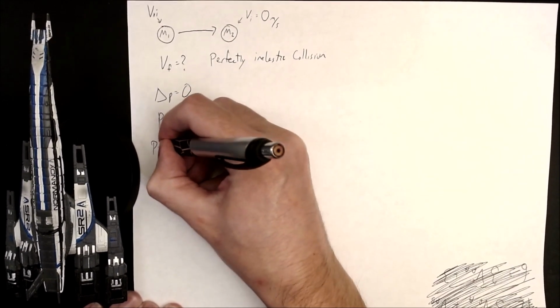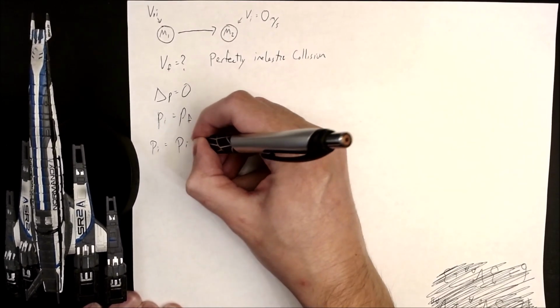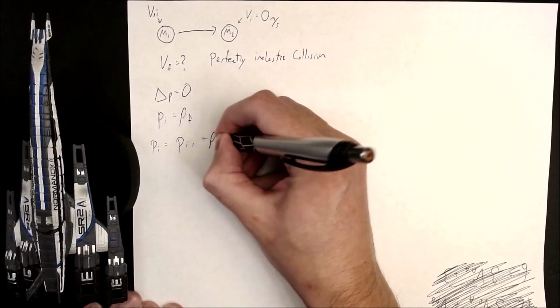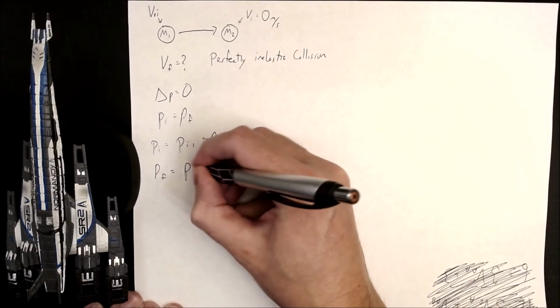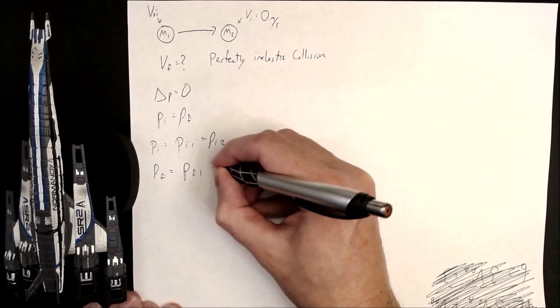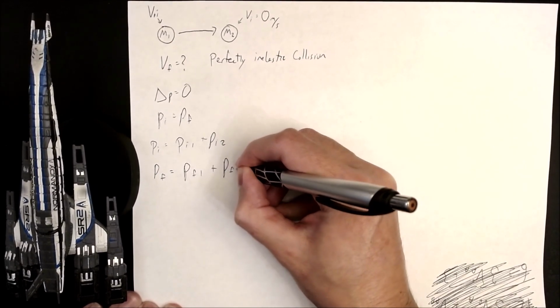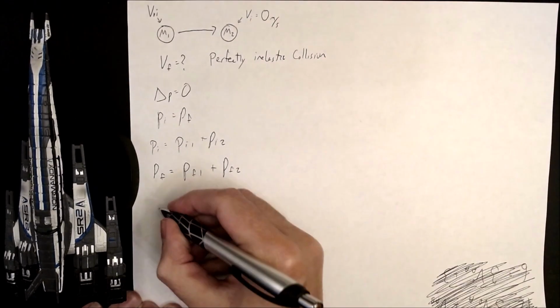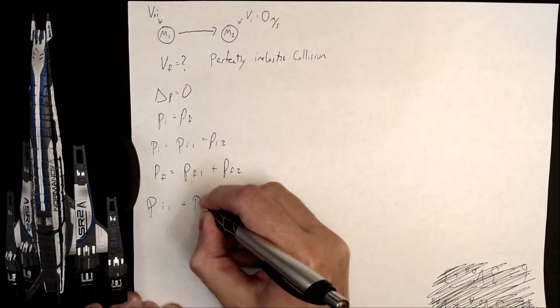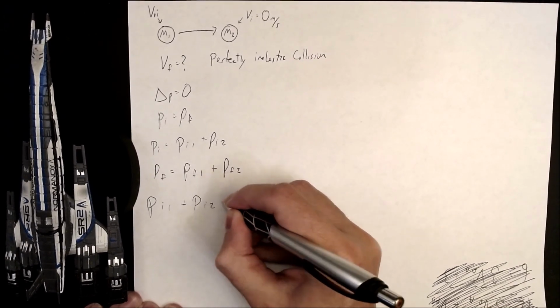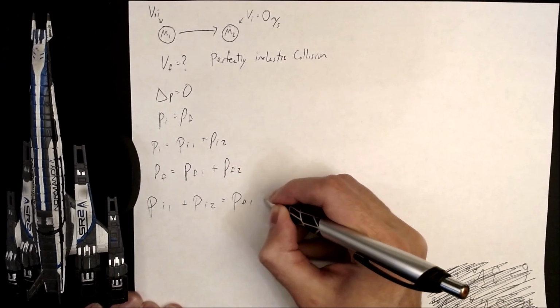Well, my initial momentum is going to be the initial momentum of object 1 plus the initial momentum of object 2, and my final momentum is going to be the final momentum of object 1 plus the final momentum of object 2. And I can say P initial 1 plus P initial 2 is equal to P final 1 plus